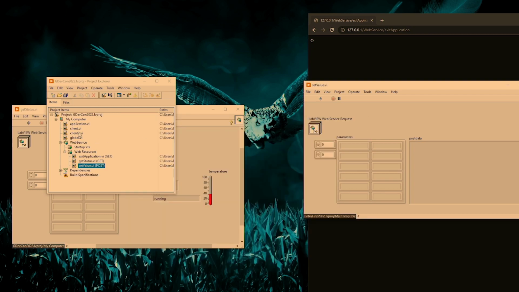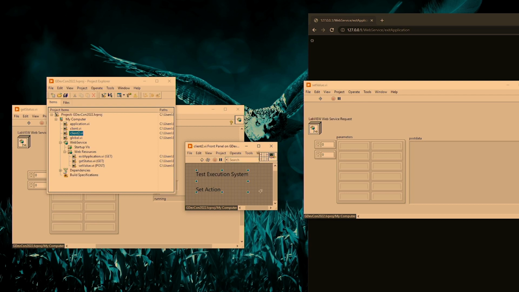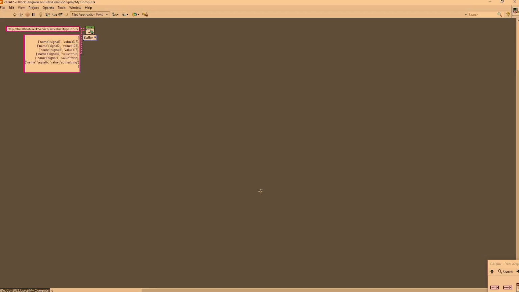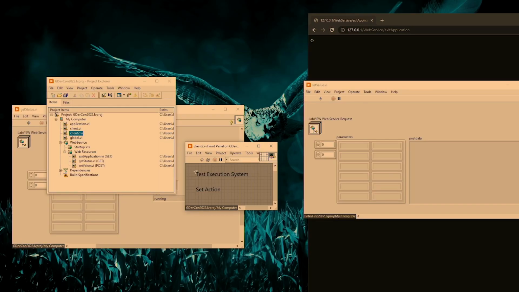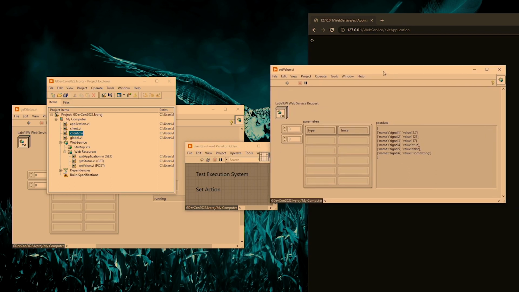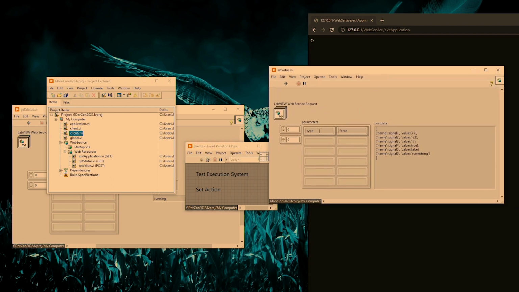So right now, if I start the client 2, which is a kind of emulation of our test automation system, it uses the post method to force the parameters, and here are the parameters that are going to be forced in the system. So if I run this one right now, I see that the method handler received both the request parameters formatted in the URL and the post data that was passed with the post method,